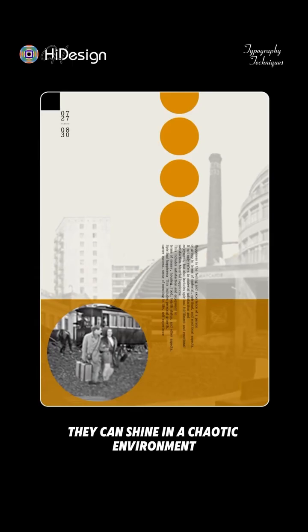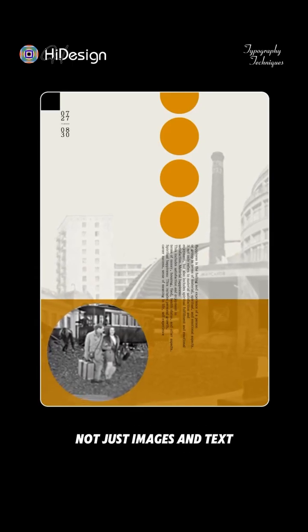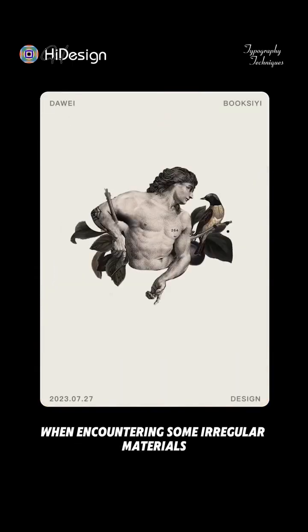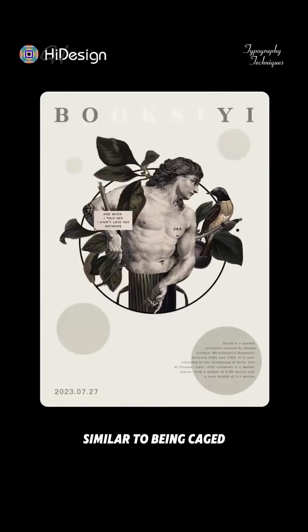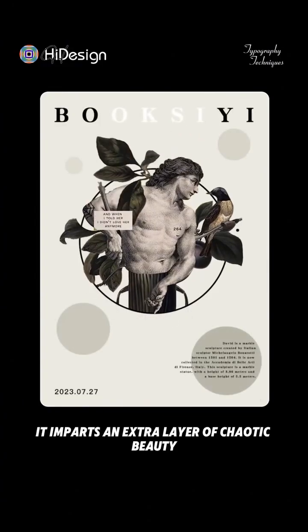They can shine in a chaotic environment, not just images and text. When encountering some irregular materials, surround it with a circle. Similar to being caged, it imparts an extra layer of chaotic beauty to the piece,